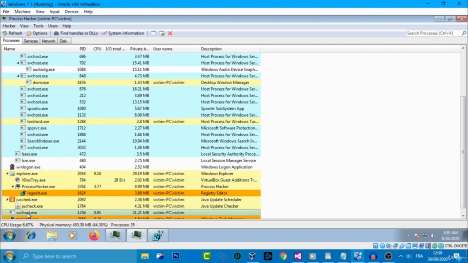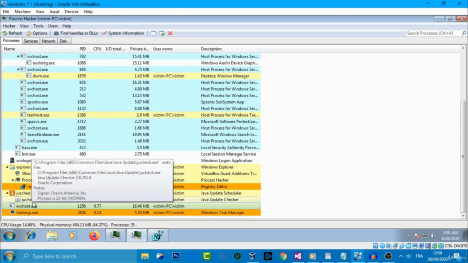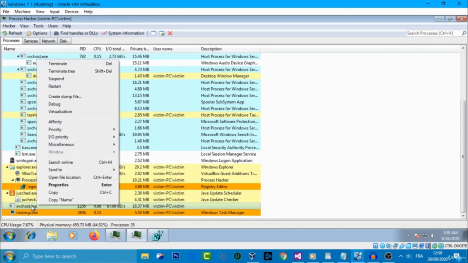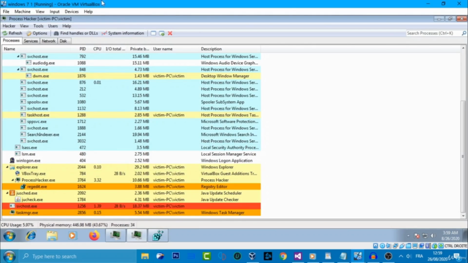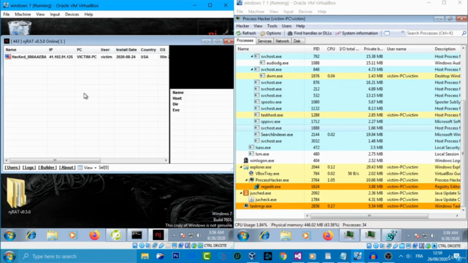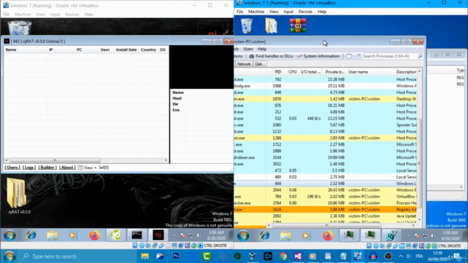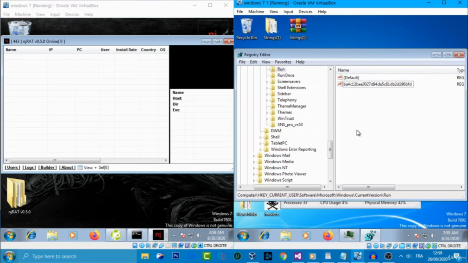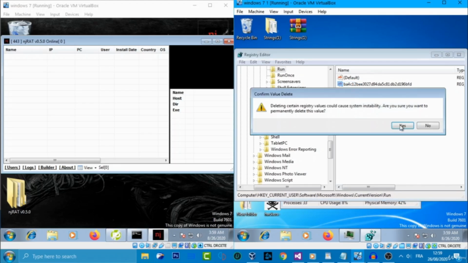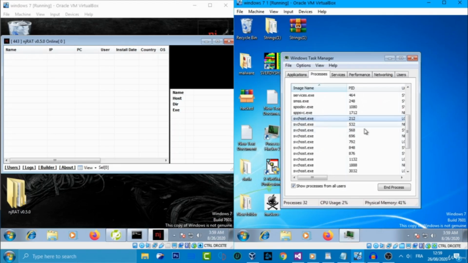First, you have to kill the malware from Task Manager. You can use Process Hacker. Right click and click Terminate Tree, then Terminate. And we see the attacker lost connection to the victim. Now we have to remove it from the registry Run key, also from startup. Right click, choose delete, then yes,